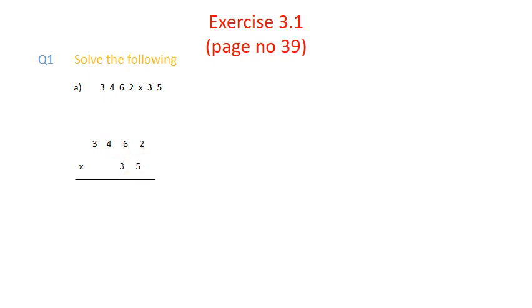So now what we are going to do, we are going to multiply 3,462 by 5. Let's multiply. Look here. This I have done here. See, 5 2s are 10. 5 6s are 30. 30 plus 1 becomes 31. 5 4s are 20. 20 plus 3 becomes 23. And 5 3s are 15. 15 plus 2 becomes 17. So we got here 17,310. That we'll write down here in the first row, and this carryover also we'll write down here. Okay, see, we have written it as it is.